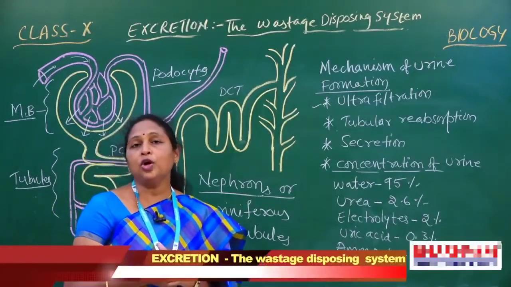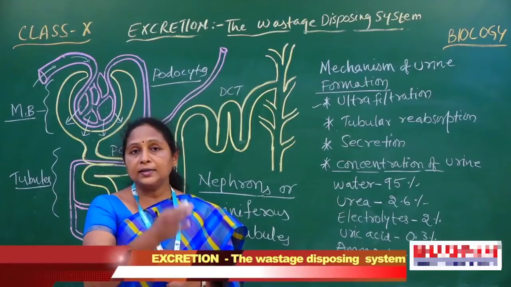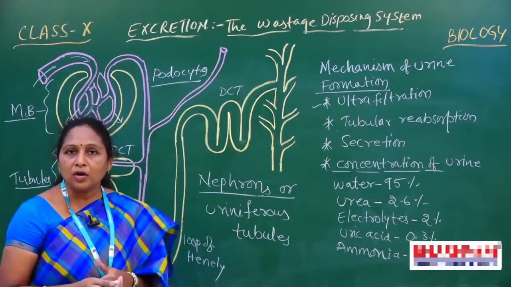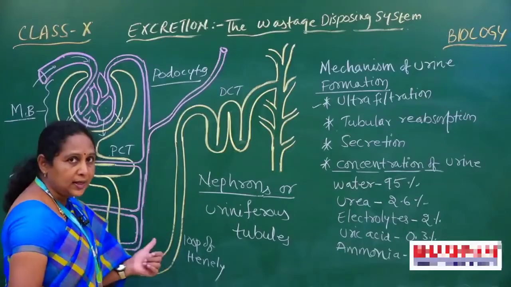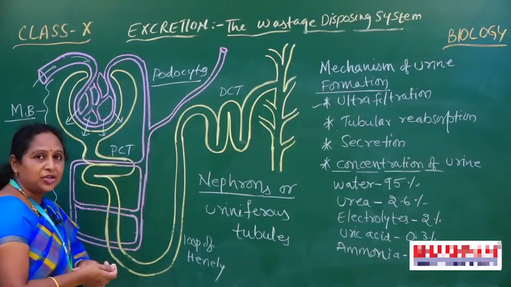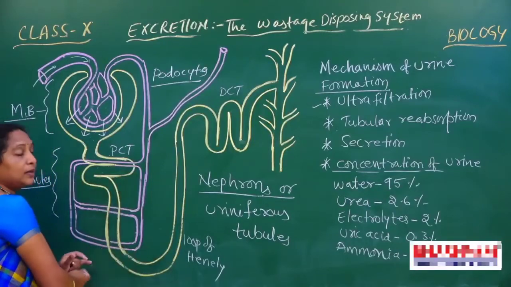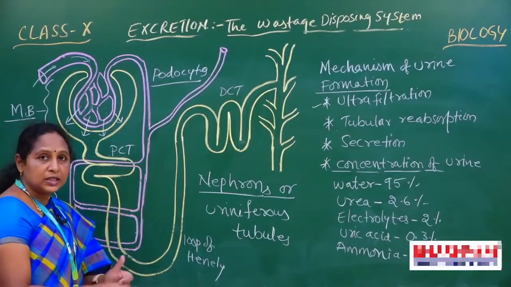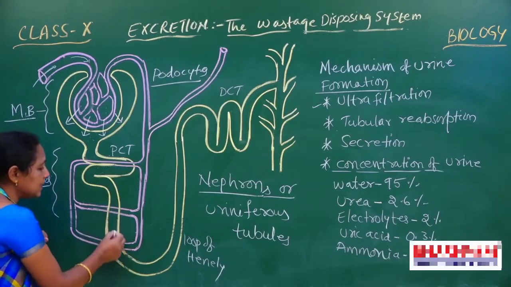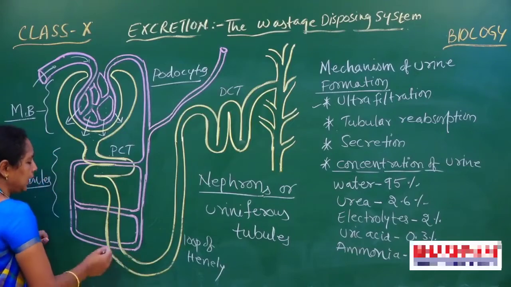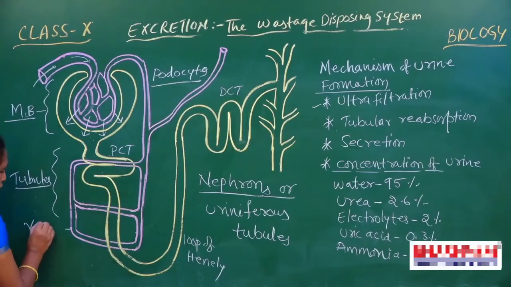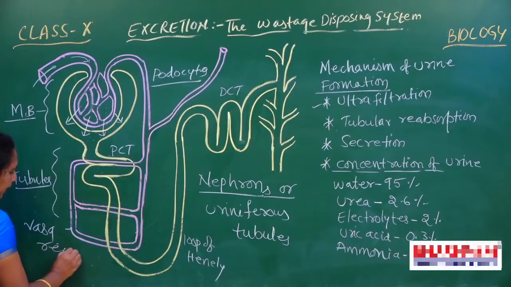As we learned in lower classes, arteries are connected to the veins through the smallest blood vessels, which we call capillaries. So here also the arteries branch, and all this branched part makes one network. The network of peritubular capillaries which surrounds the loop of Henle, we call vasa recta. What do we call them? Vasa recta.